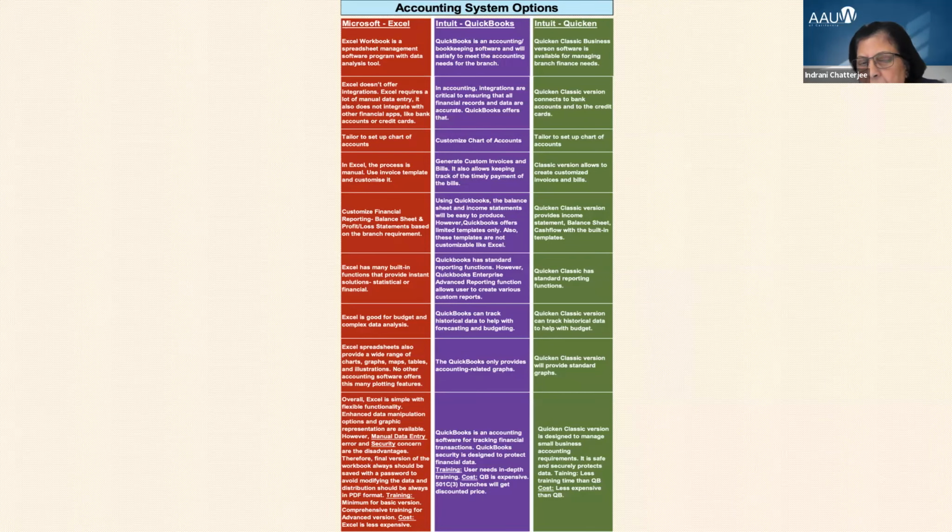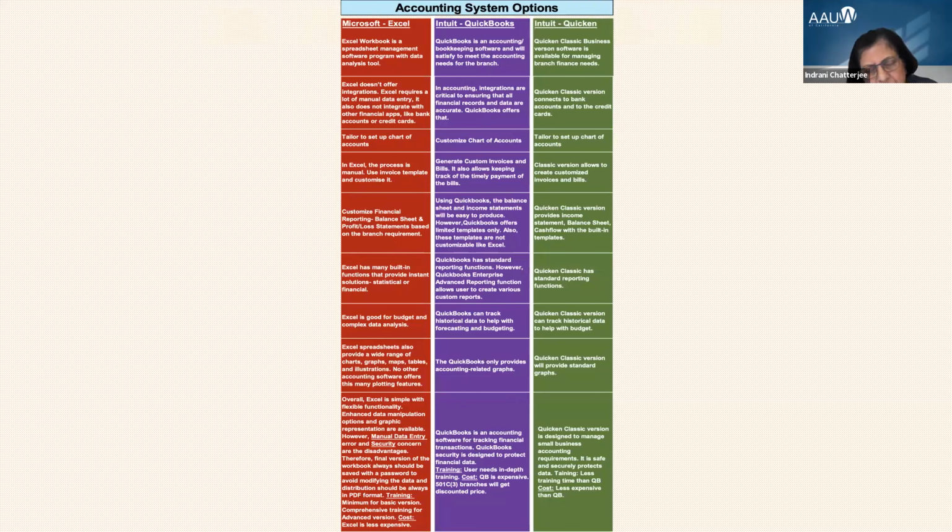Whereas in QuickBooks and Quicken, when you enter the transaction, it automatically creates the balance sheet and income statement based on your journal entries. That way you don't have to do another step to create a financial statement.